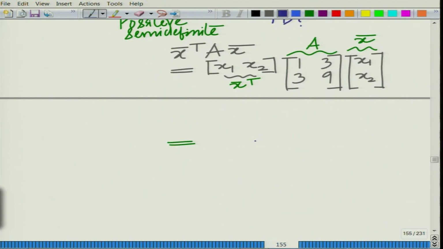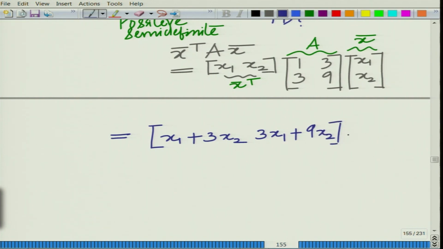I can write this as follows. First multiply the row on the left by the matrix A. This will give me x1 plus 3x2 and then 3x1 plus 9x2, times